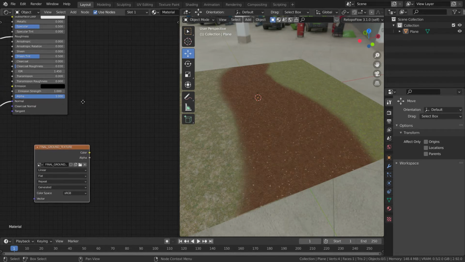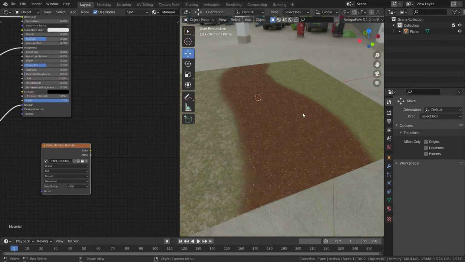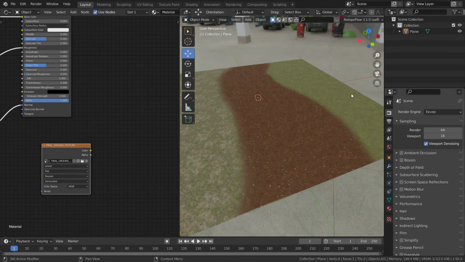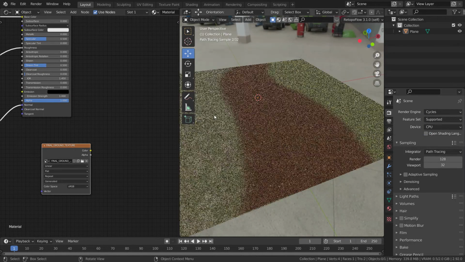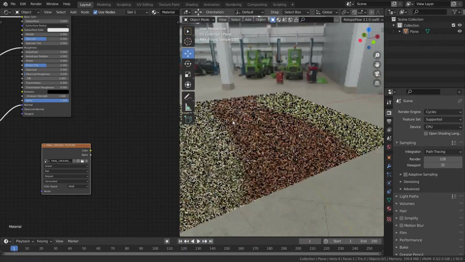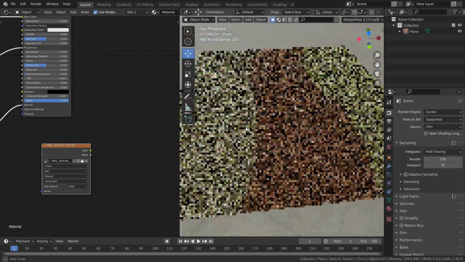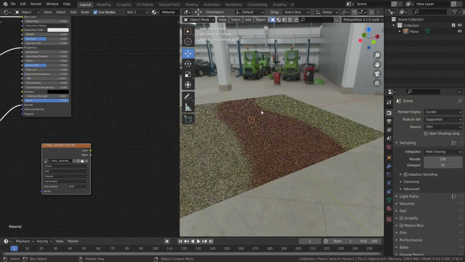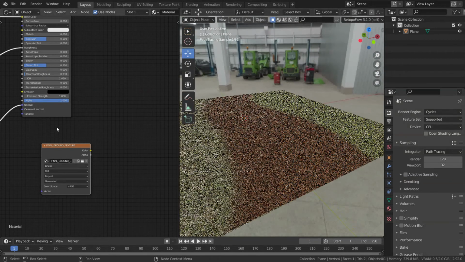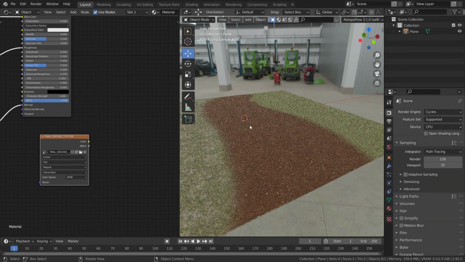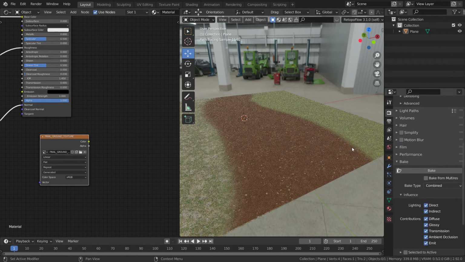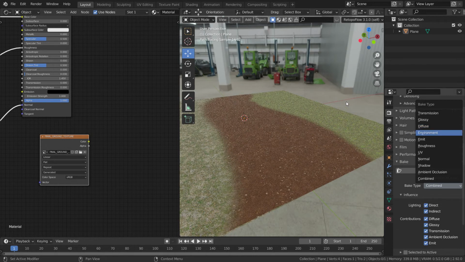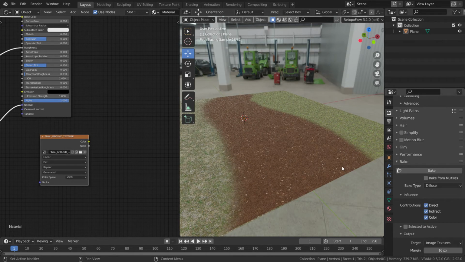By selecting your final ground texture, you also have to be in Cycles for this. I think all this time I was using Eevee, and it's not lagging that much in Eevee. For baking textures you need to be in Cycles so that you get this bake option. From the combined, let's just change it to diffuse, and then direct and indirect, we will uncheck them.